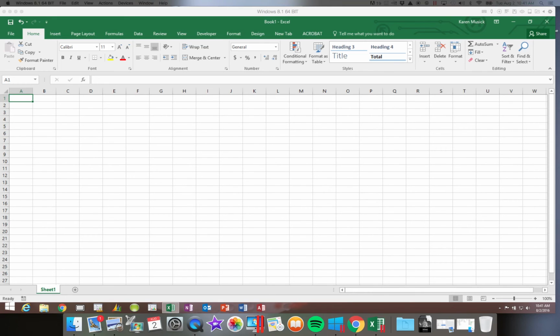Now sometimes you might want to rename those worksheets to something a little more meaningful. So let's look at a couple of ways that we can rename those and also look at how we can add new worksheets. So for example, if I double click on Sheet 1,